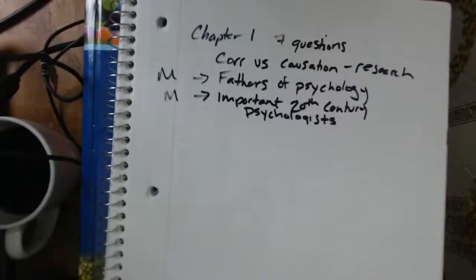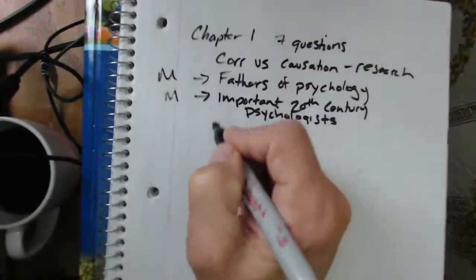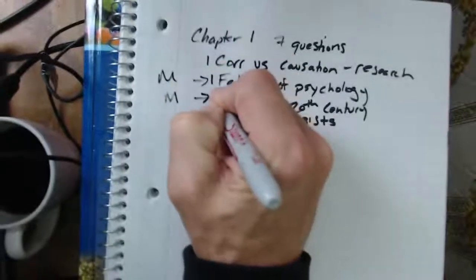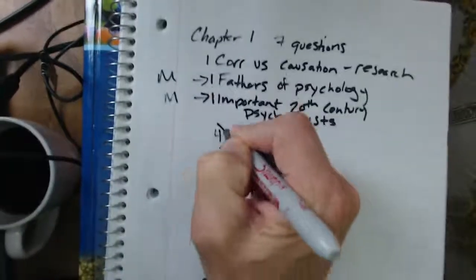And that's also going to be a matching question. Wow, we have 2 matching in the first chapter. And then let's see. 3. And then there are 4 questions. So we have 1 question, 1 question, 1 question, and 4 questions